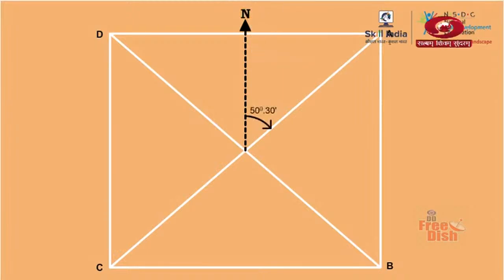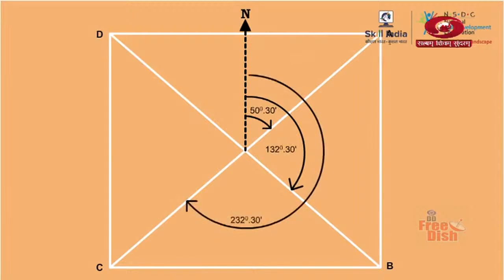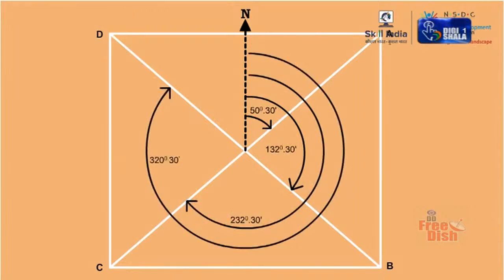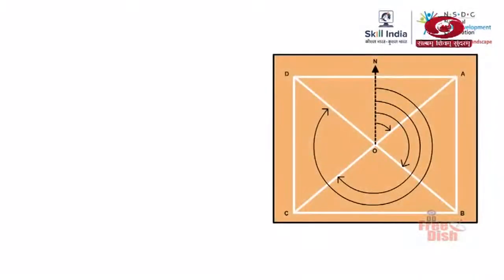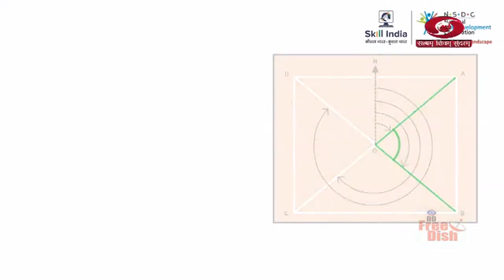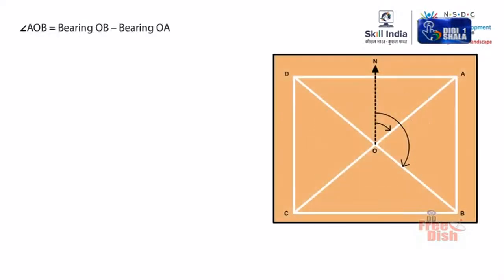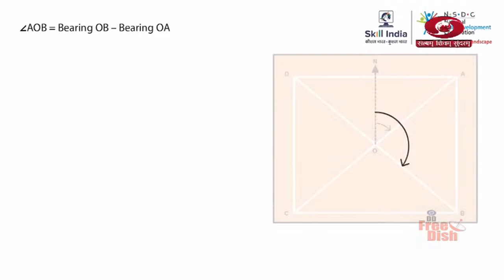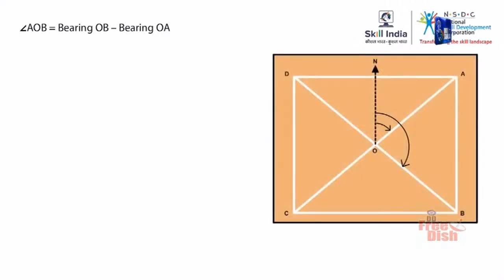We know the bearings from the magnetic north to every survey line within the area, as we have already calculated them with the help of the compass. So now, let us start computing the angles based on the measurement of the bearings. To begin with, let us find out angle AOB. We can say that angle AOB is equal to the difference between bearing OB and bearing OA. Note that these bearings are in fact the arms of the angle